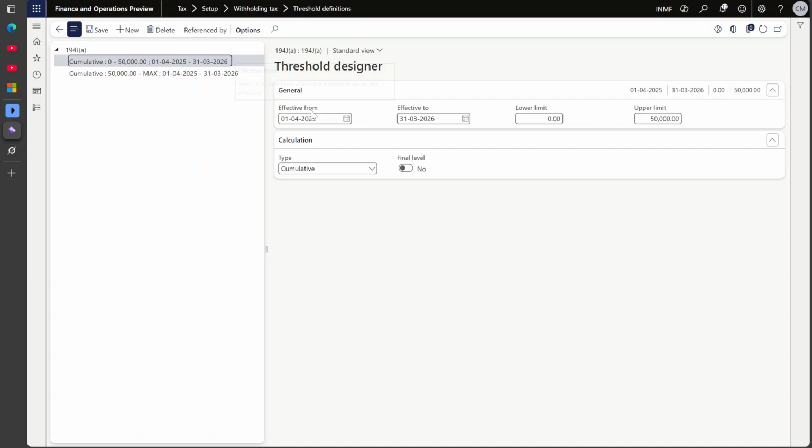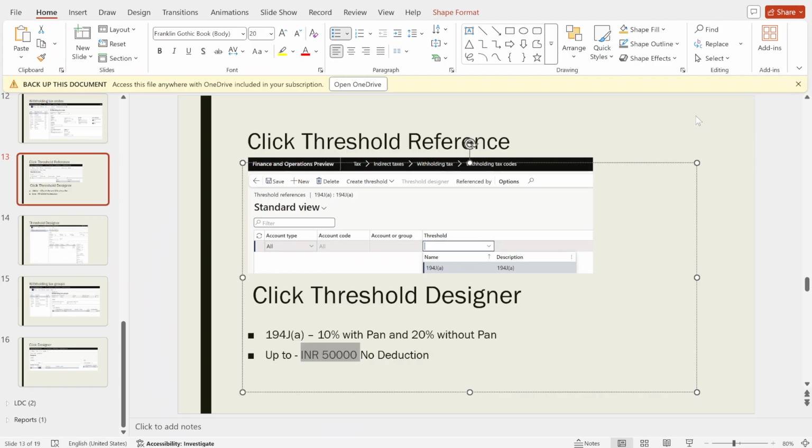Click on the new button, give the effective from and effective to dates. There will be only one year difference, so you can see it starts from 2025 and ends in 2026. The lower limit will be 0 and the upper limit will be 50,000,